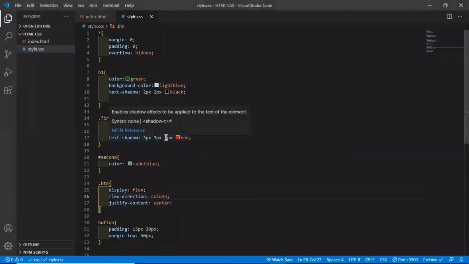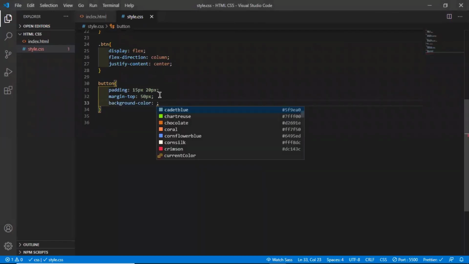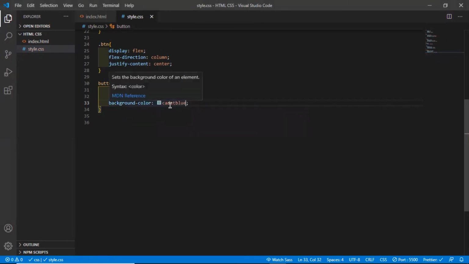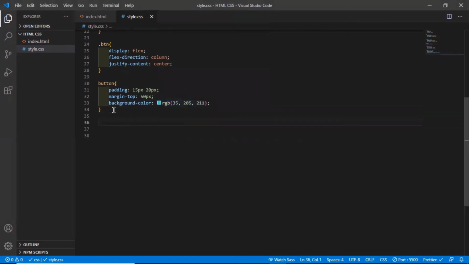And there are other properties like this, for aligning things. The best thing about these is that you have to work on your own, you have to be creative. Because let's say the button is there, right? So let me give it a color first of all, a background color. Now I will show you some pseudo classes.